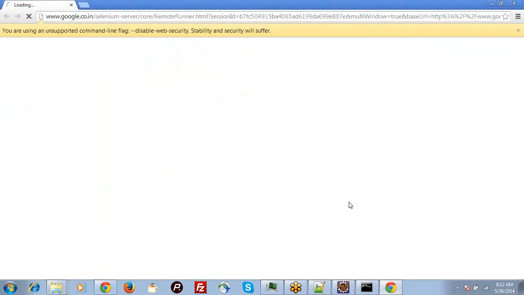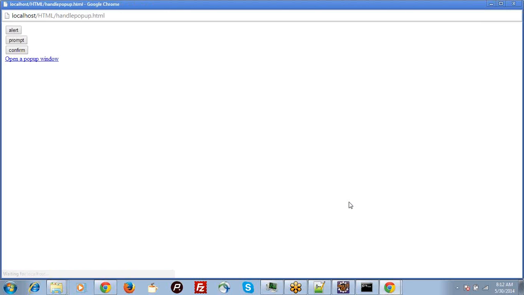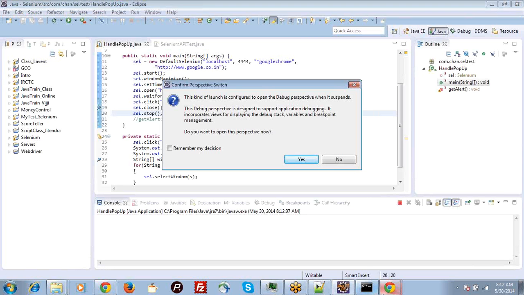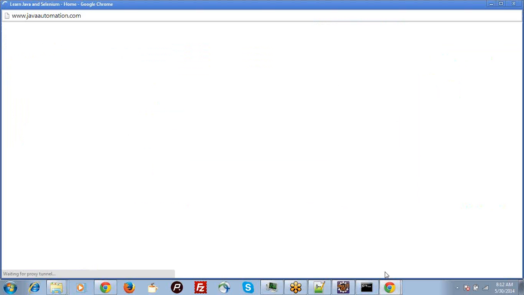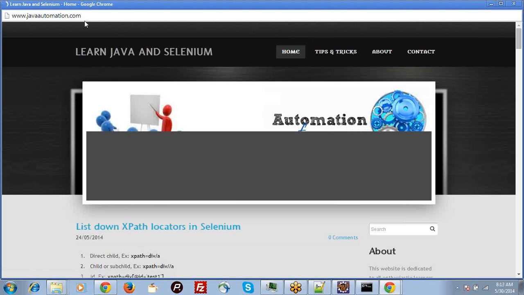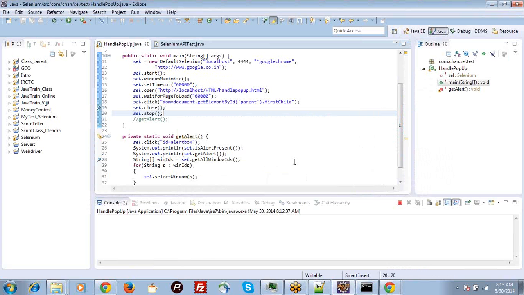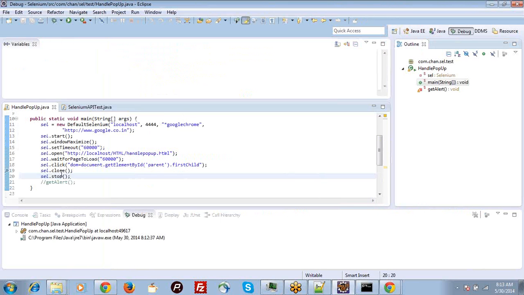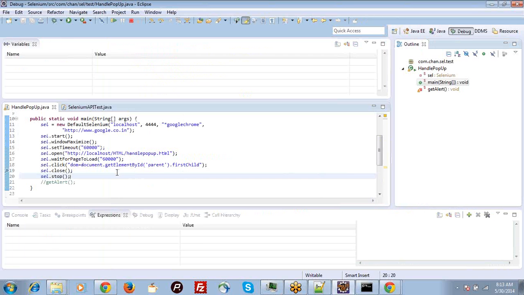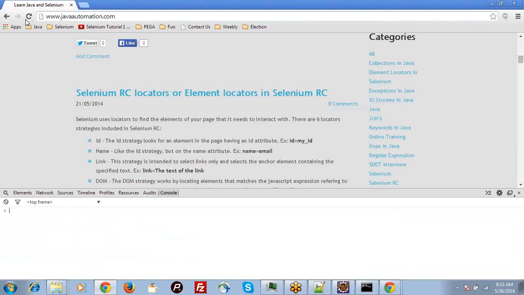I'm opening. See, it opened javaautomation.com, right? Yes. First it opened my page only. Okay, but as I said, I have given the DOM pointer as DOM equal to document.getElementById of parent at first child, right? Yes. That means